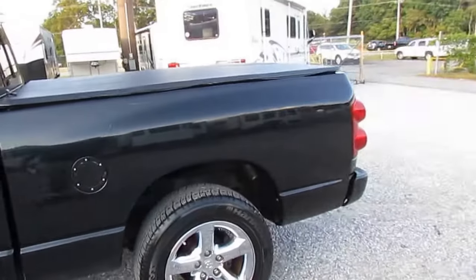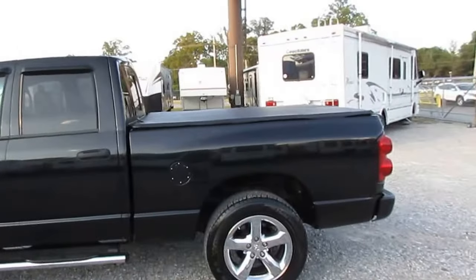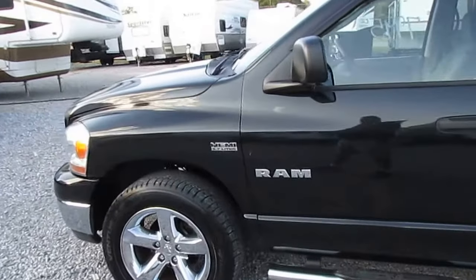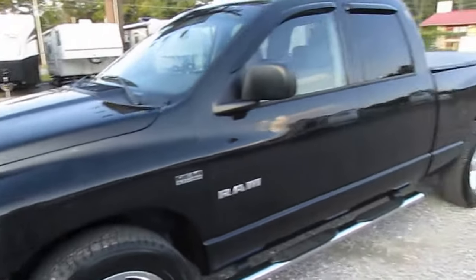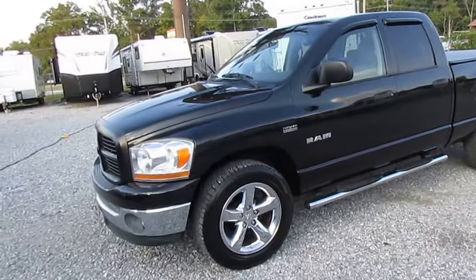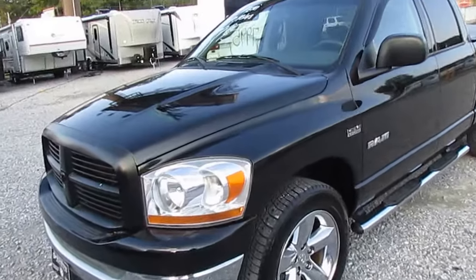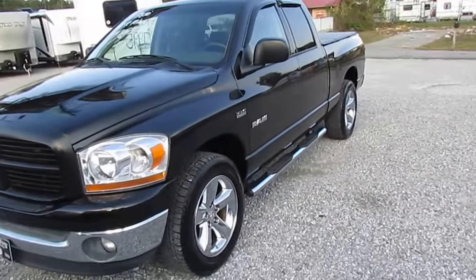345 horsepower, Hemi powered 5.7 V-8, the most powerful gas engine you could get in a pickup truck in 2008. This truck's got it. Now, let me tell you why this thing's so cheap. If you pull the NADA, the KBB on this truck, it's $13,000 to $14,000. You look up an 87,000 mile 08 Hemi Sport 4-door online, they're $14,000, $15,000. The reason why this one's $7,995, and I'm just going to be straight up with you,